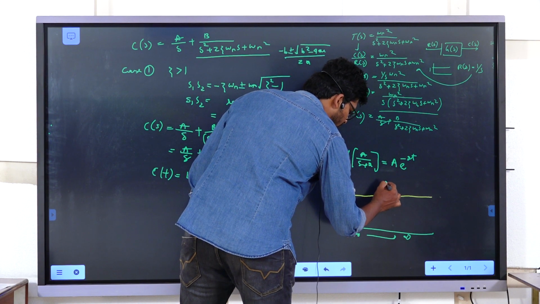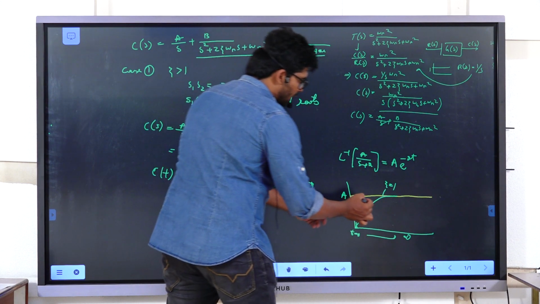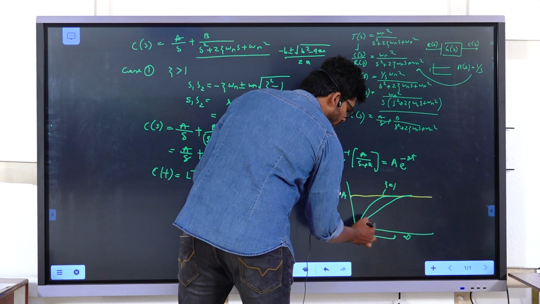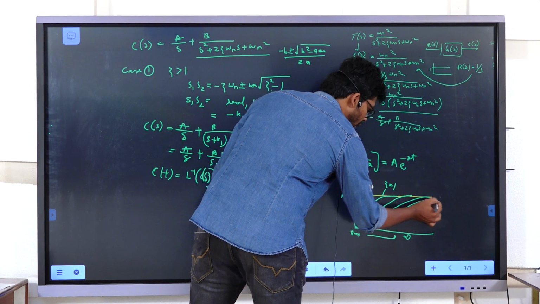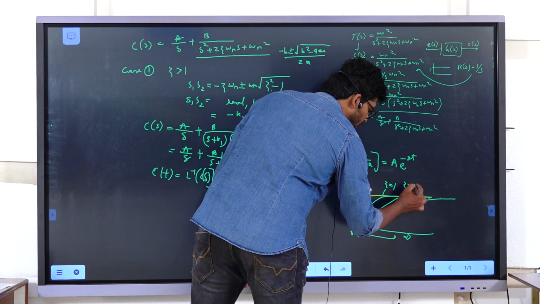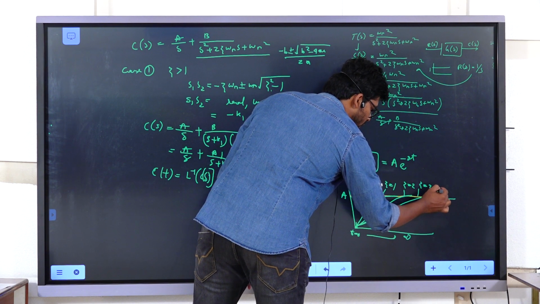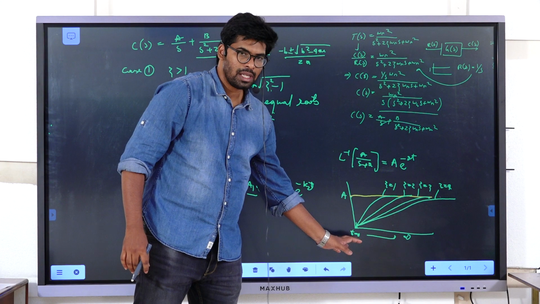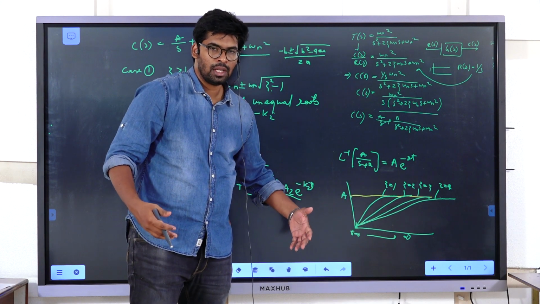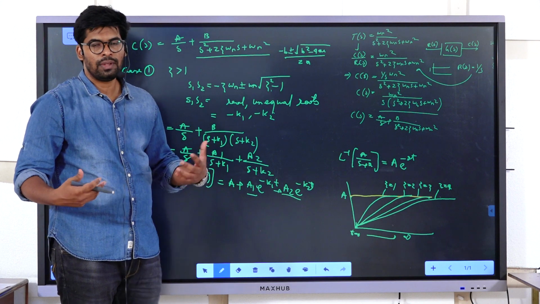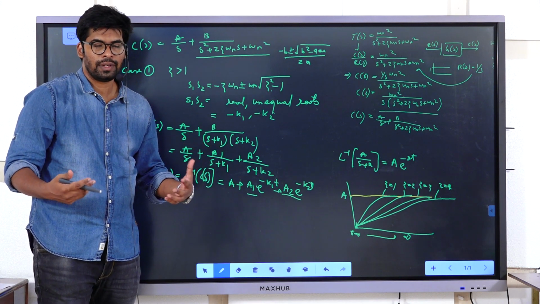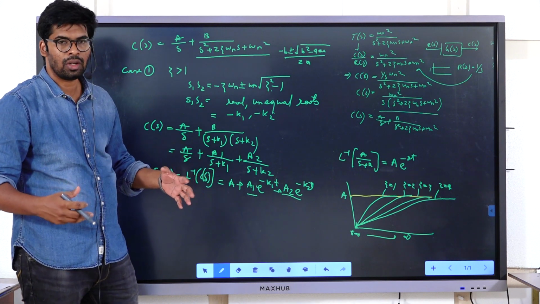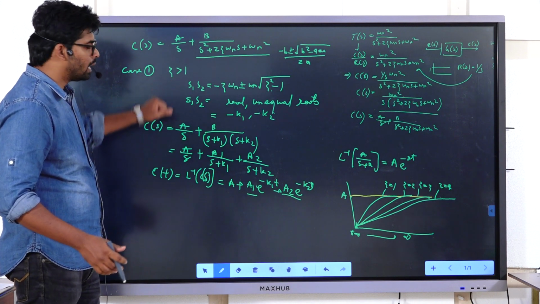If zeta is equal to 1, it will end up like this. If zeta is greater than 1, it takes more time, a longer time. For zeta equal to 2, 3 and 4, that means if we increase the zeta value, the response of the system gets slowed down, that is, it is getting damped. Zeta is the opposition of the system to responding quickly. If the damping is high, the response of the system will be slower. So the response generally depends on the value of zeta. We have seen this for zeta greater than 1.